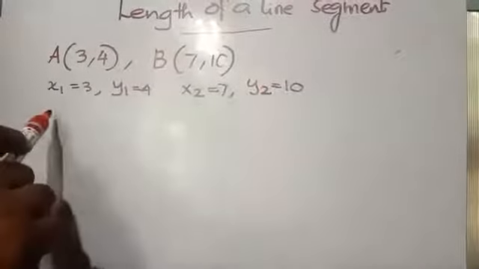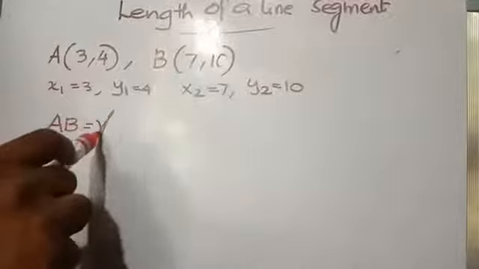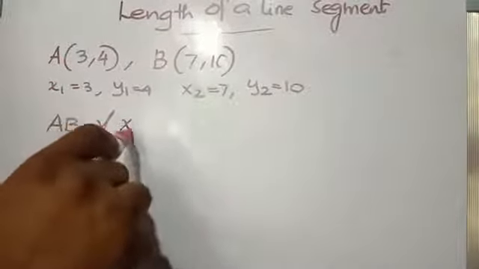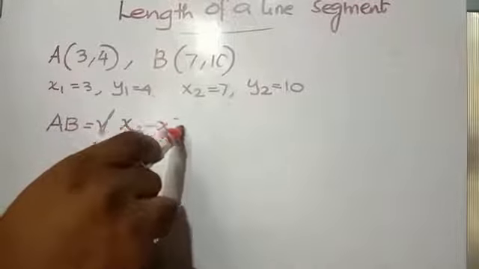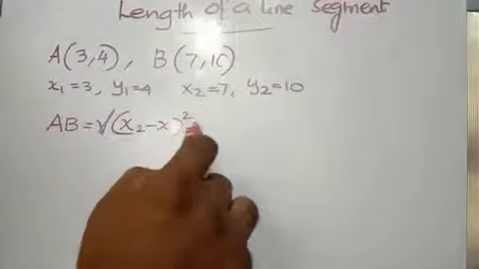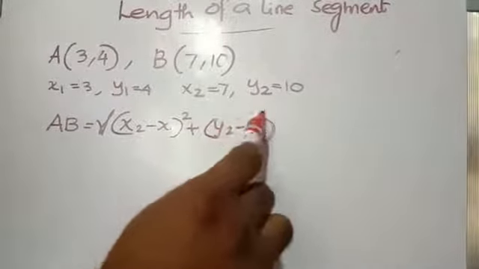And as per the formula, length of a line segment AB is root of x2 minus x1 the whole square plus y2 minus y1 the whole square,